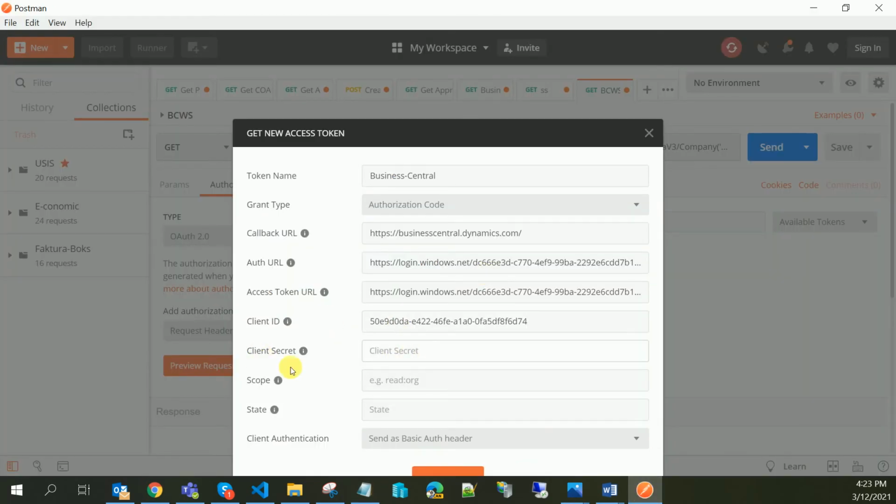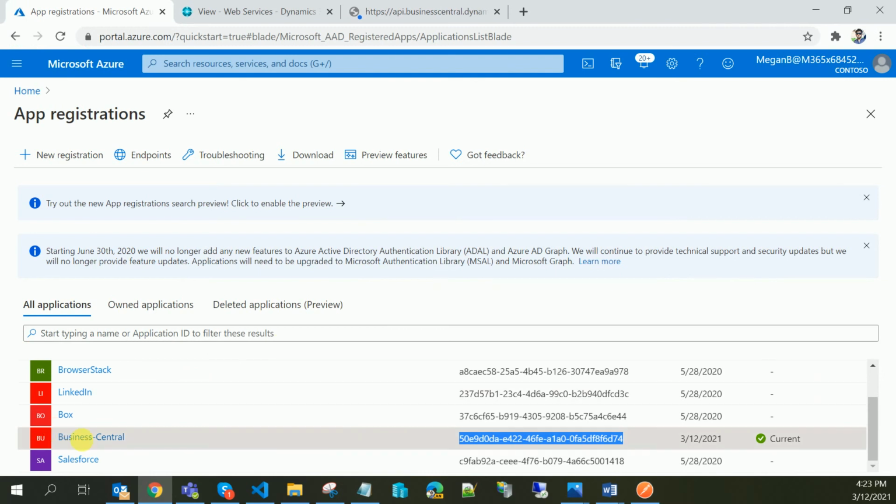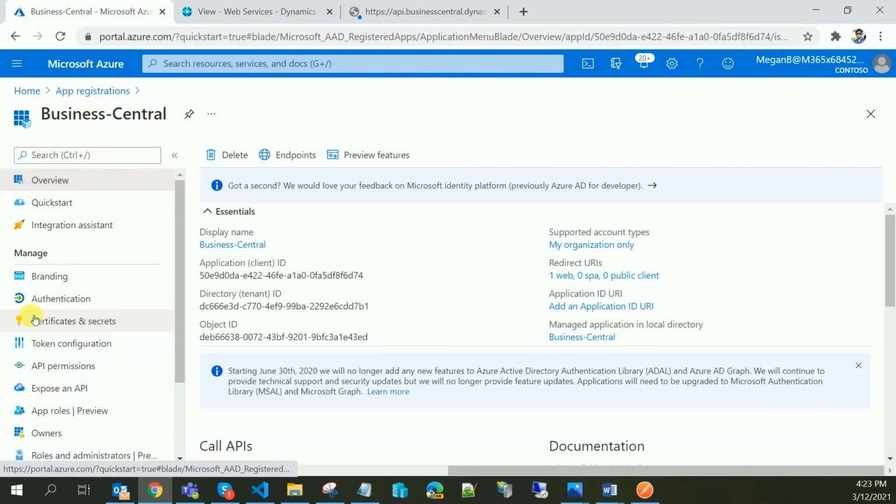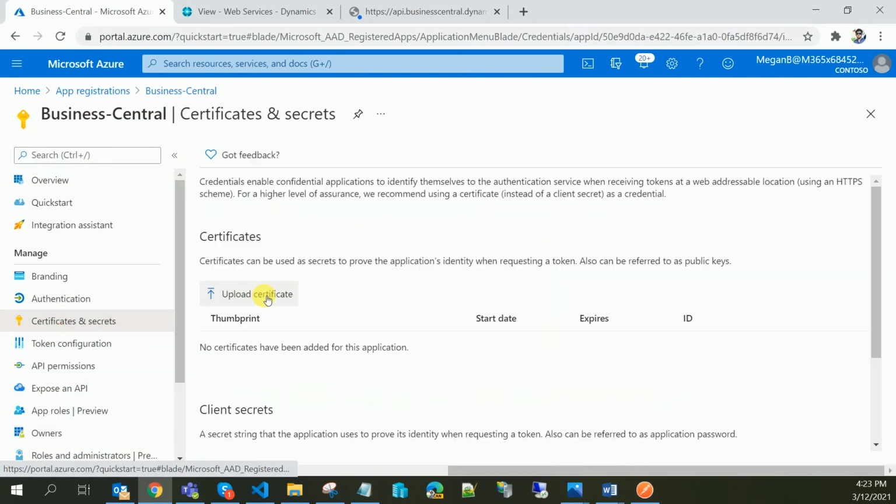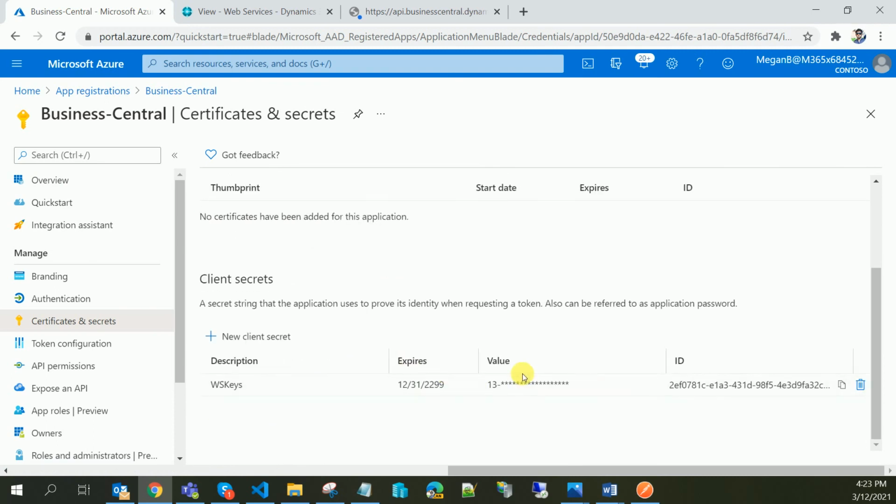Now what we need here is the client secret. The client secret is the value which we created in the secrets section, right? This value is your client secret that I told you to save when you close this page, because the value will be masked and you cannot see it again.